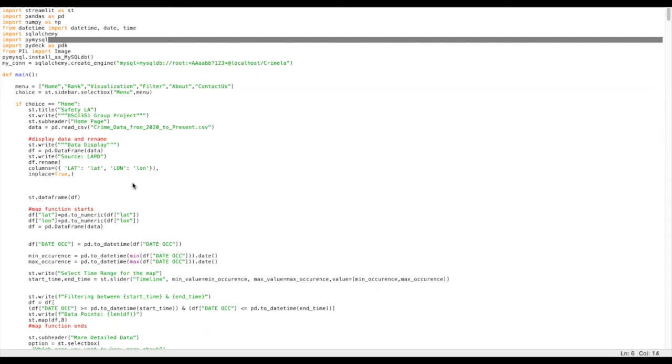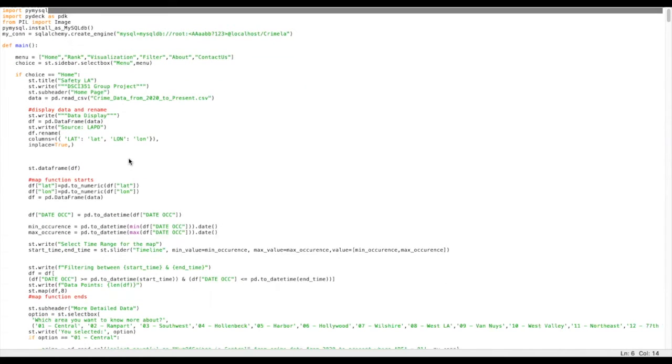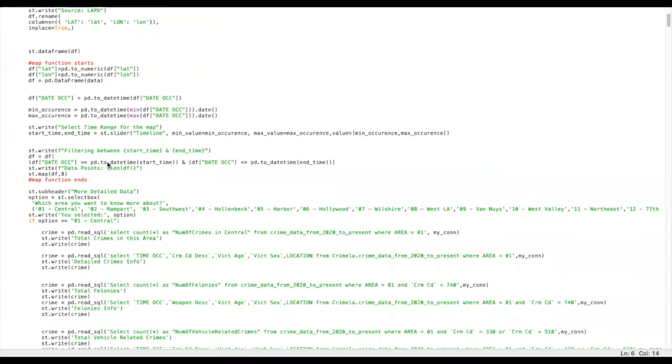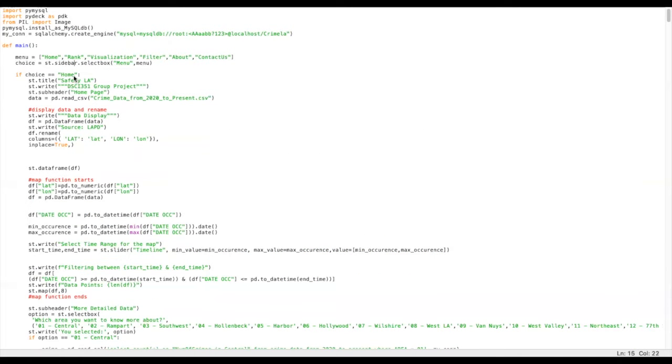And then I will briefly go through the structure of the code of our app. So basically, we have our app divided into 6 pages. The default page is our homepage. And then we have the rank functionality, the visualization functionality, the filter functionality, about and contact us page. We use one of the Streamlit APIs called sidebar selectbox to make the menu. So it will appear on the left side of the app where users can select which page they want to go. So if the user selects homepage,